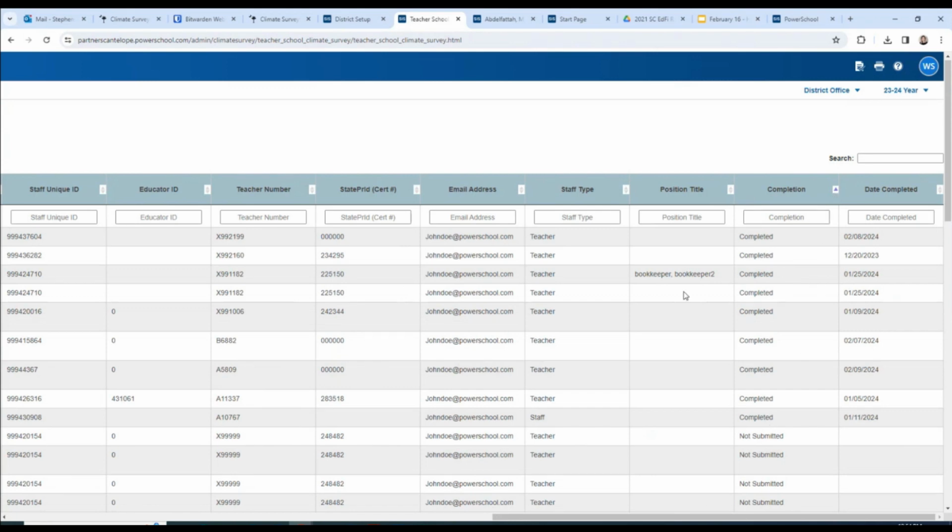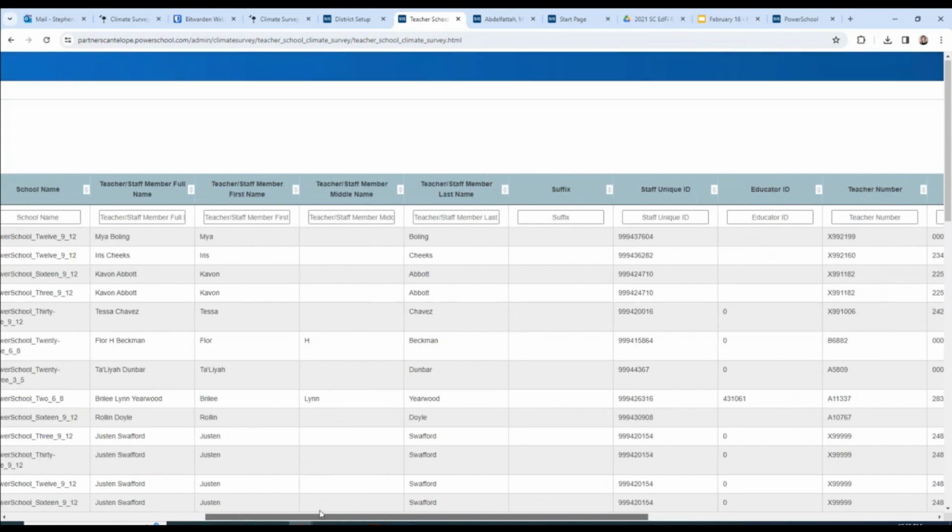But in any case, here are teachers who have completed, date completed, the position title. Now, some of these, our teachers have lots of IDs, right? So some of these may be extraneous to you, and that's okay. Just ignore if you don't care about position title or the state PRID or something. That might be useful to someone else who's looking at this, but it might not be useful to you, and you can just ignore. But we tried to make sure enough information was included.